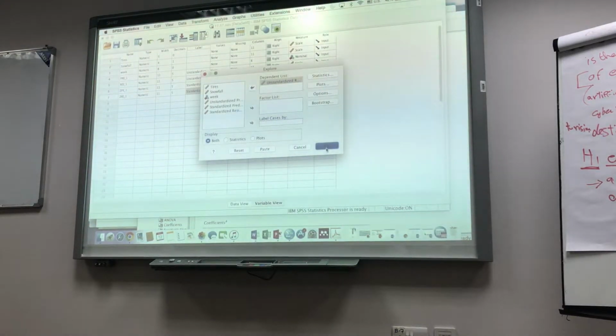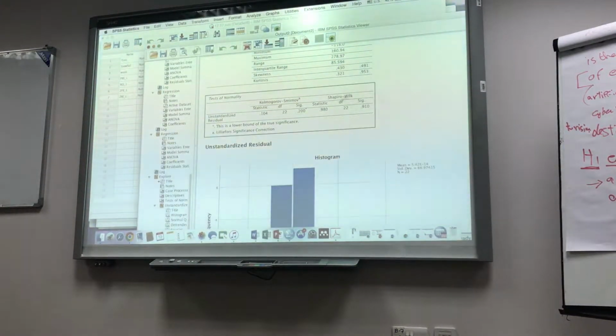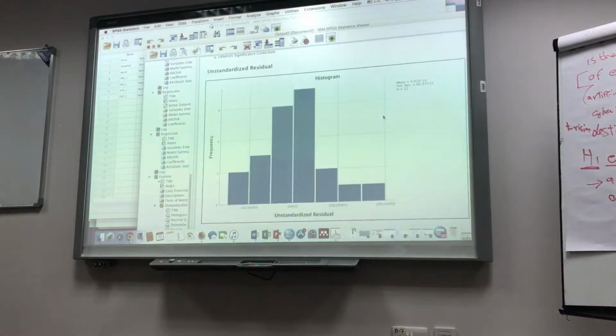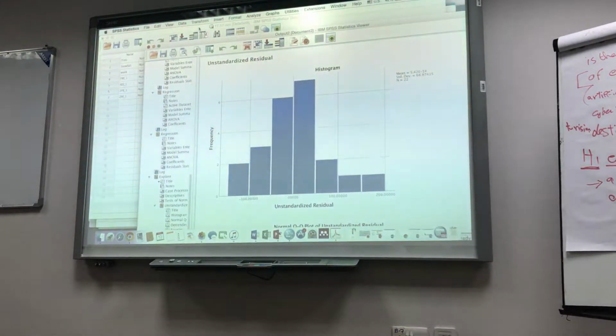Click on OK, and let's see. The Shapiro-Wilk test shows the value is more than 0.05, which means it's normally distributed. The histogram also looks normally distributed. So the first required condition is met.